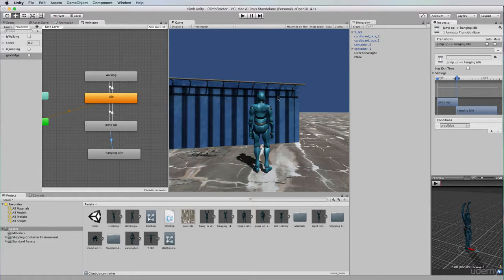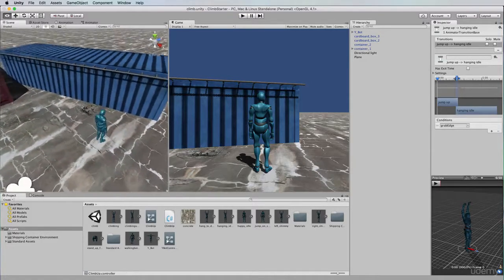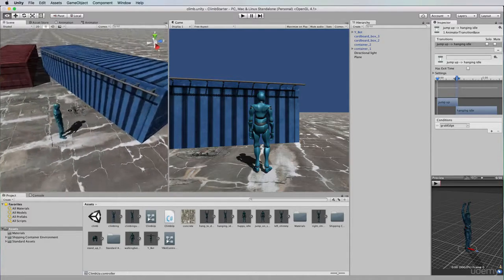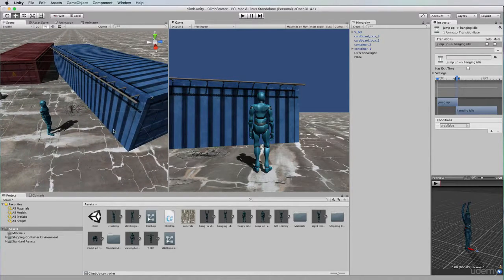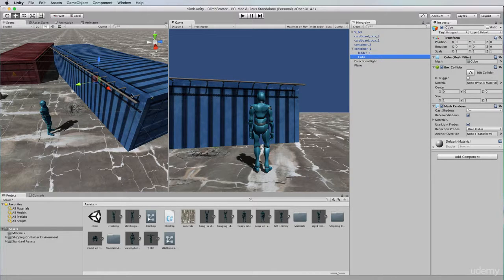So in this case, I'm going to add a collider. So let's go back to our scene. We need to add something that we're going to hit with the bot that will make that animation play. Now, it's going to play when we're near the edge and we jump up onto this or near this bar. So if we create with that container selected, which is container 1, let's just create a 3D object cube that will be attached to it,